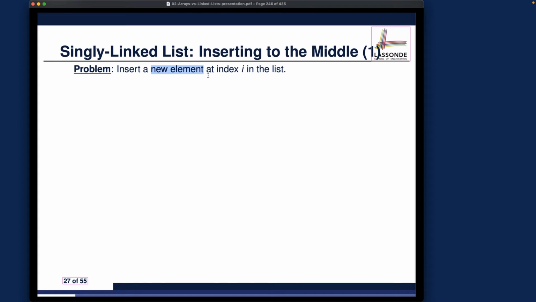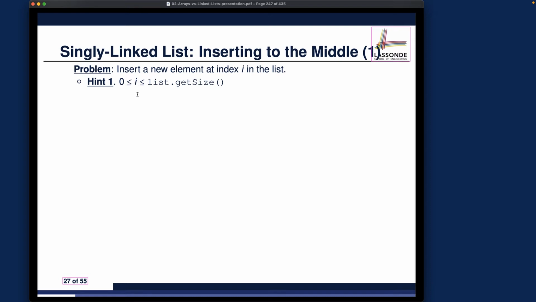So we want to add a new string value at the index I in the list. And I'm going to give you two hints before you actually pause the video. I highly recommend you actually pause the video for this one. This one will really trigger some good thoughts about how you manipulate the structure of a singly linked list. Let's take a look. So hint number one, you want to notice the valid condition for I